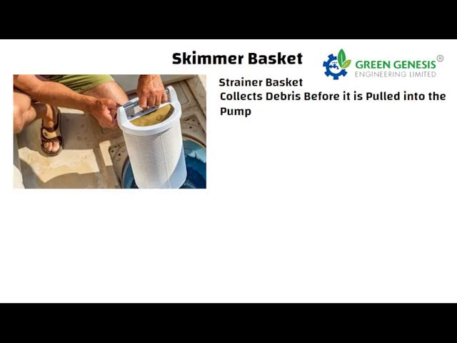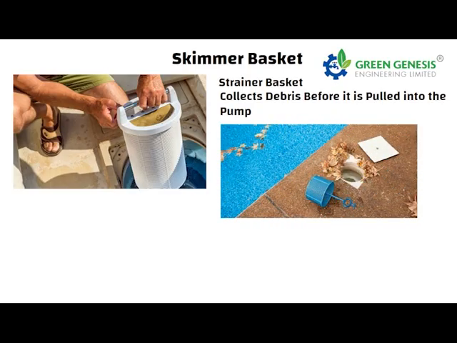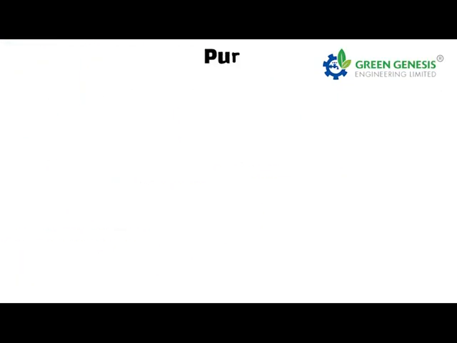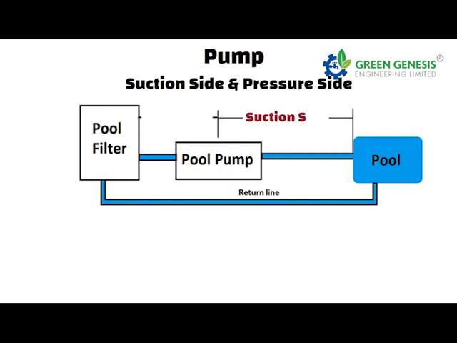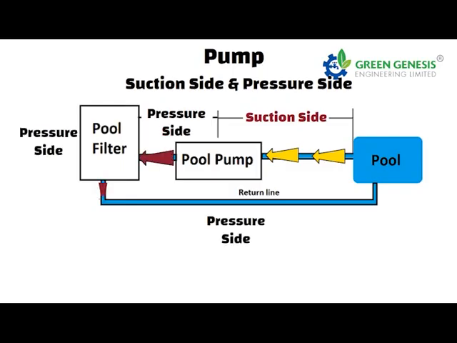This is an essential component of the skimmer, as without the basket, debris will clog and damage the filtration system. Pump. A pool's plumbing system is generally categorized into two sections, the suction side and the pressure side. The suction side is the part of the plumbing that carries water from the pool towards the pump. The pressure side is the part of the plumbing that carries pressurized water away from the pump and back to